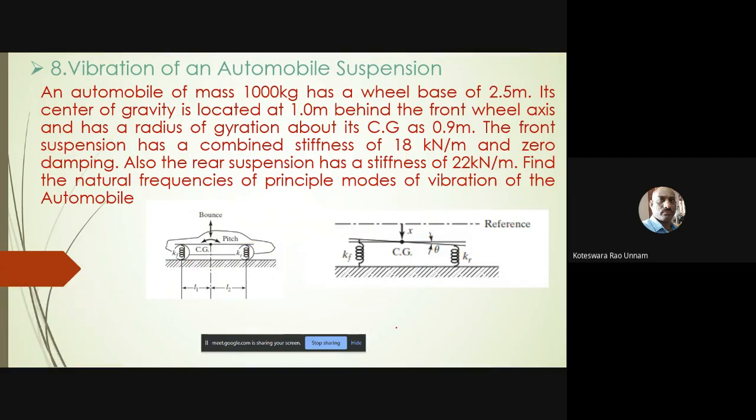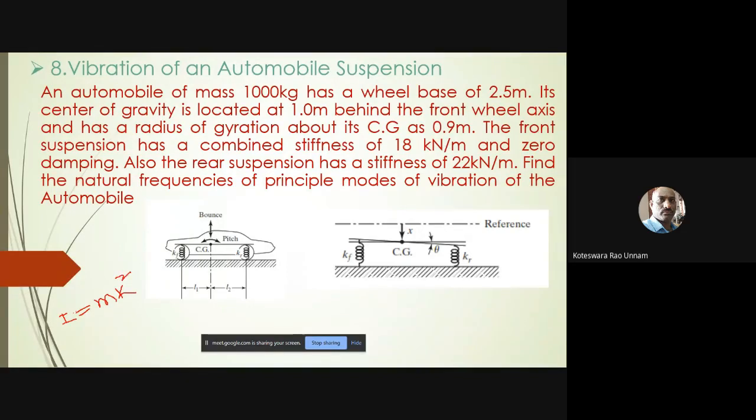In that case, we need to calculate the natural frequencies. He has given the mass, and since a pitching motion is there, we require the mass moment of inertia also. But instead of directly giving the mass moment of inertia, he has given the mass and the radius of gyration, so I can calculate it. We already know from the vibration course that I is nothing but mass times the square of the radius of gyration, I = mk².